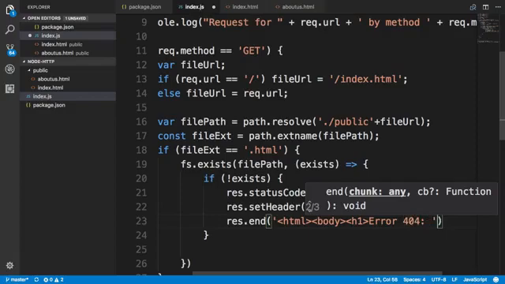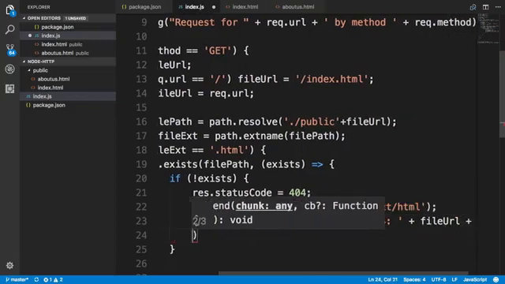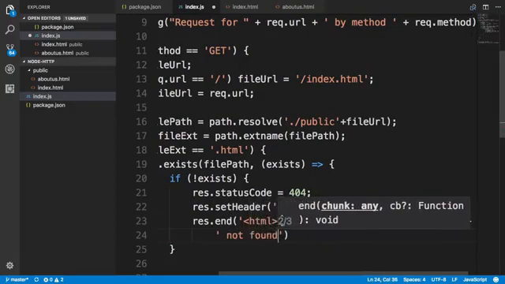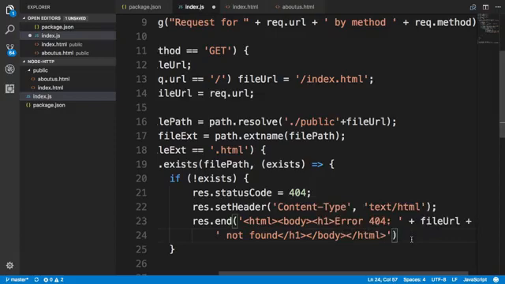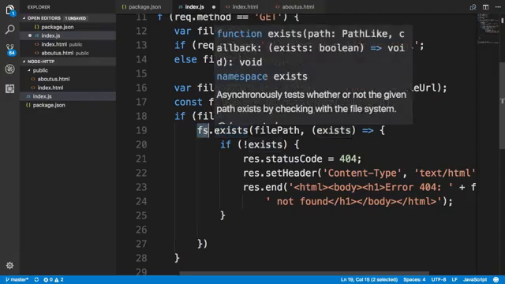We'll say plus file URL plus not found, and close off the HTML page. So in here, as you notice, you're using the exists function of the file system module to